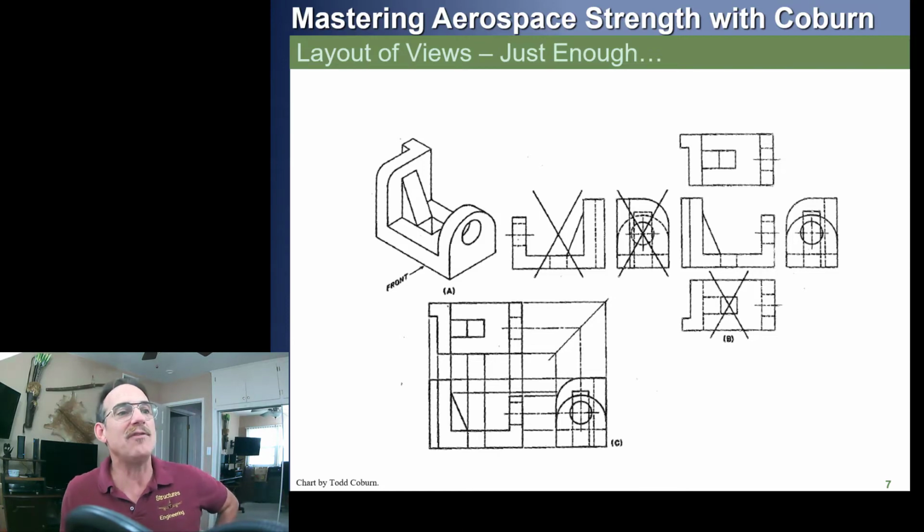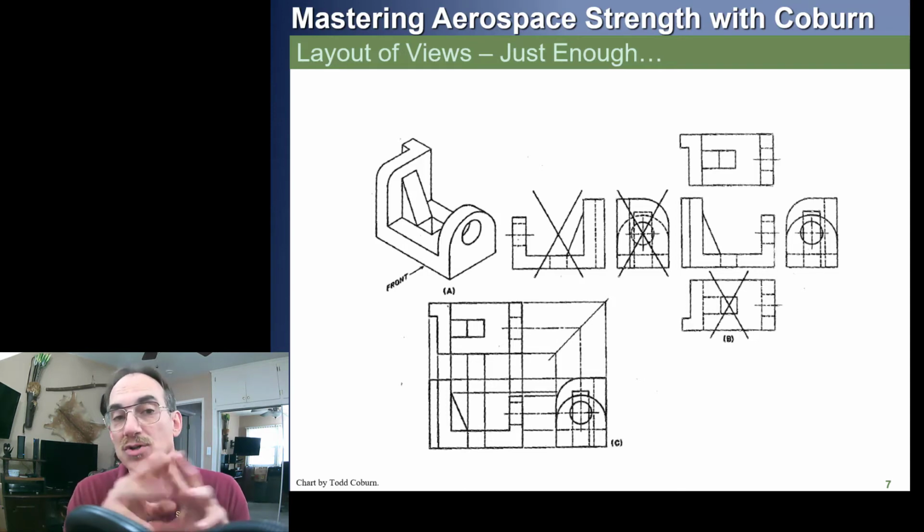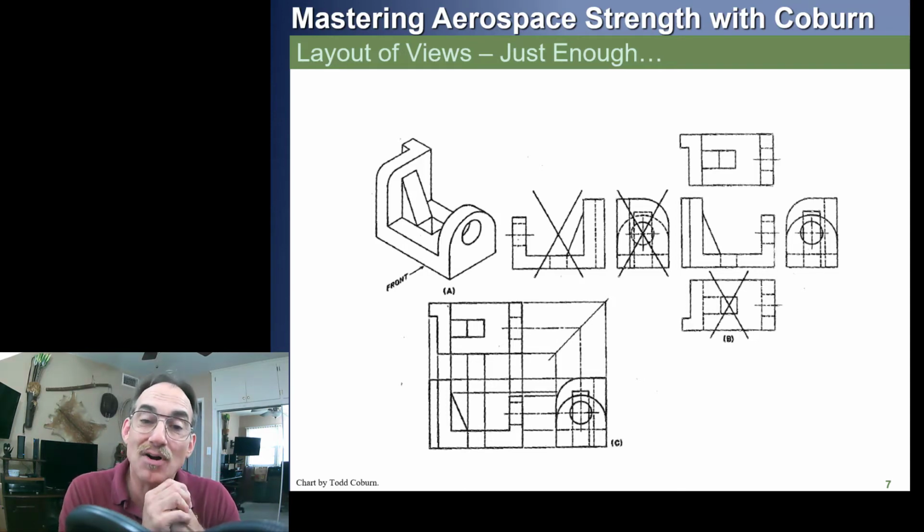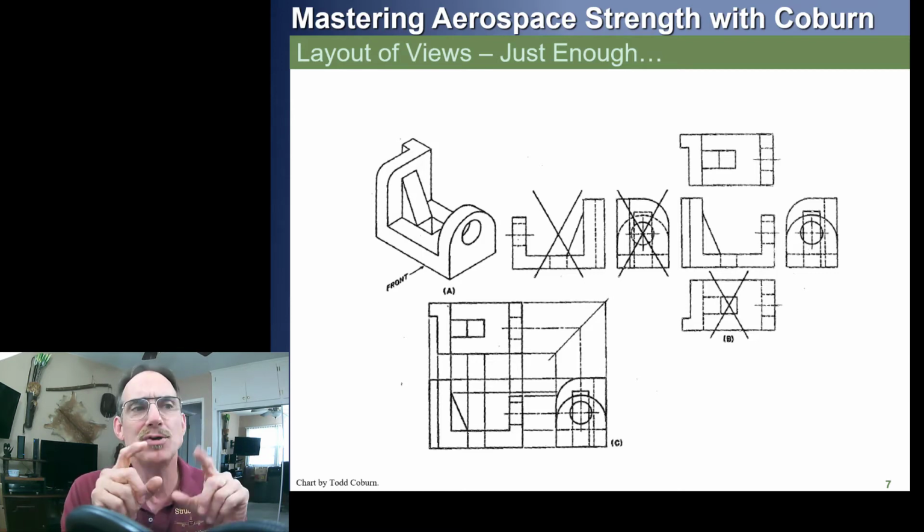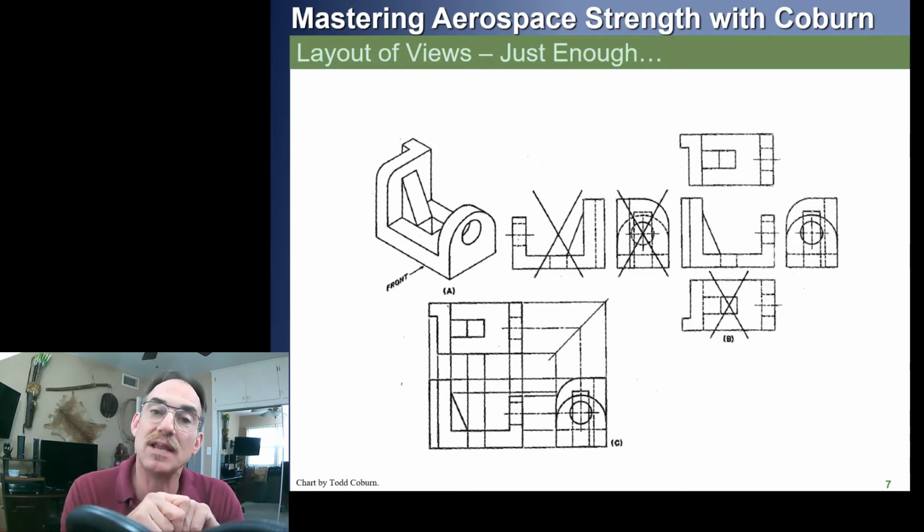So when we get done, we find out we really only need 3 views to represent this part. And we're going to find for most engineering parts, we only need 3 views. Now, some parts, actually 2 views is sufficient, like a cylinder that we saw before, or a sphere. But most engineering parts, you'll need a 3-view drawing to show it completely,